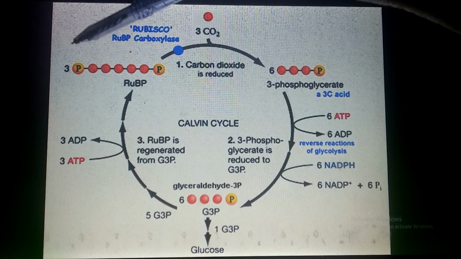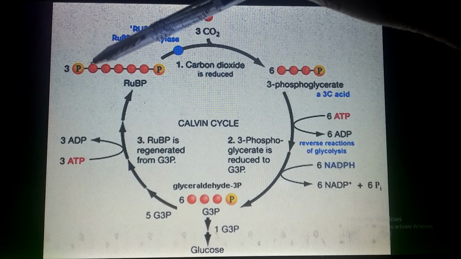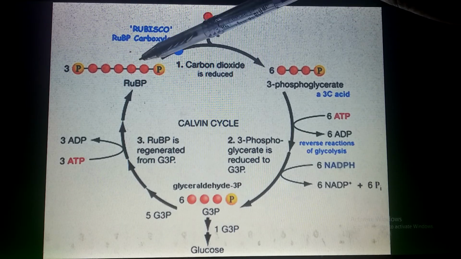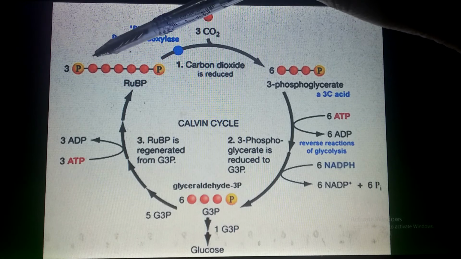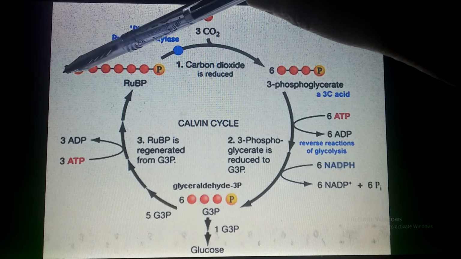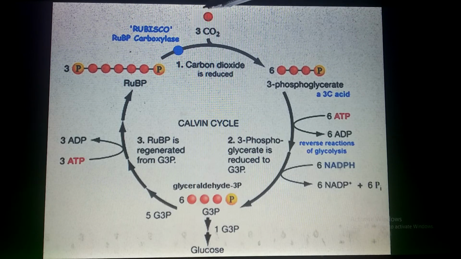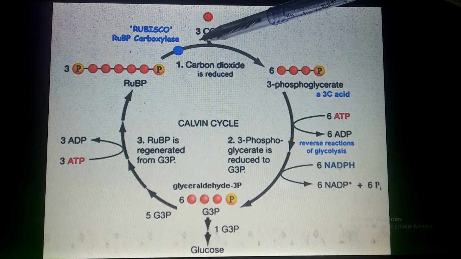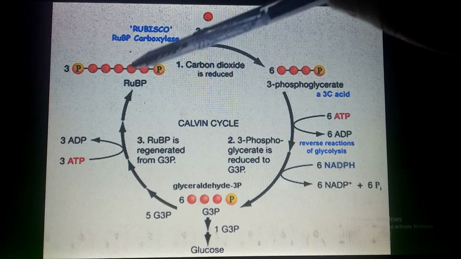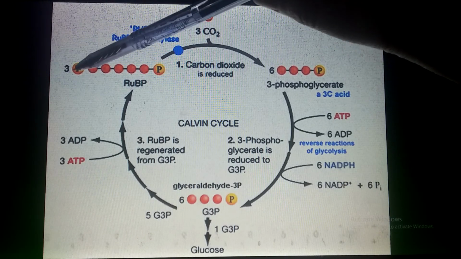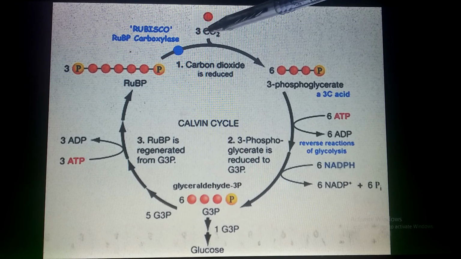Understand? 3 molecules, and each is 5 carbon. So 1 molecule contains 5, so 3 molecules contain 15 carbon here, 15 carbon here and 3 carbon here. So the 3 molecules of RuBP and 3 molecules of carbon dioxide, when